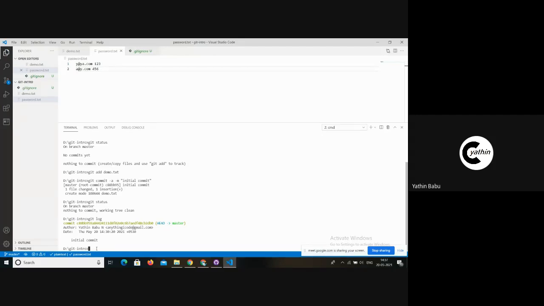Let's say there is a group of developers who are working on a particular project, and everyone wants to have access to the source code they are working on. So we need to host the source files somewhere on the internet. In order to host a Git repository on the internet, we need a Git repository hosting service.